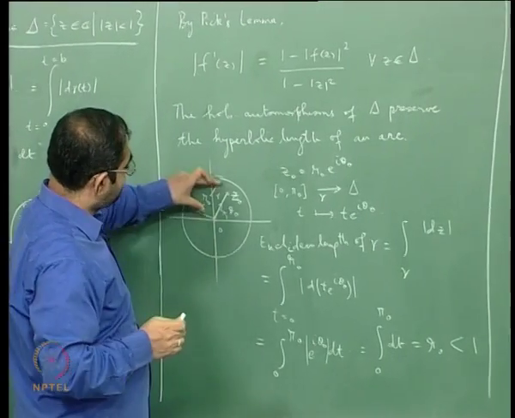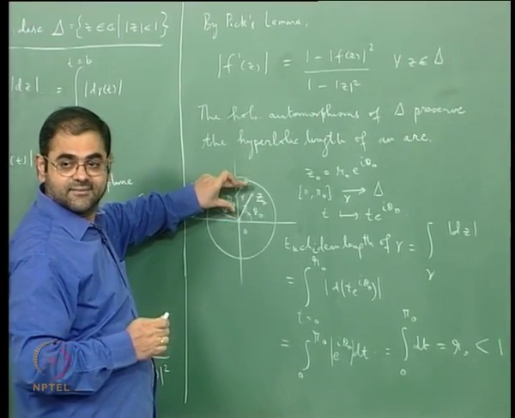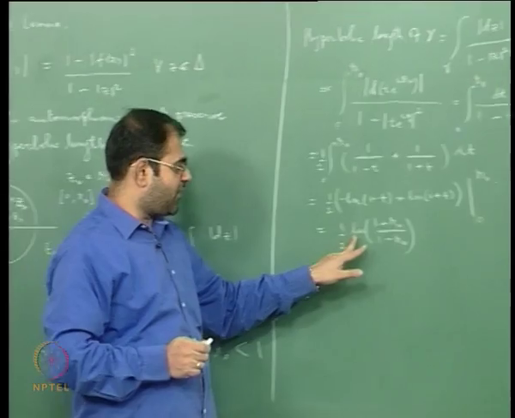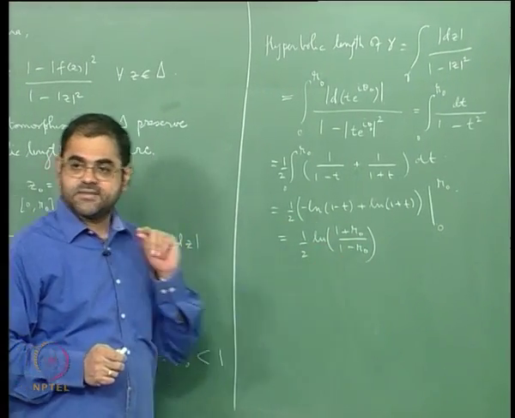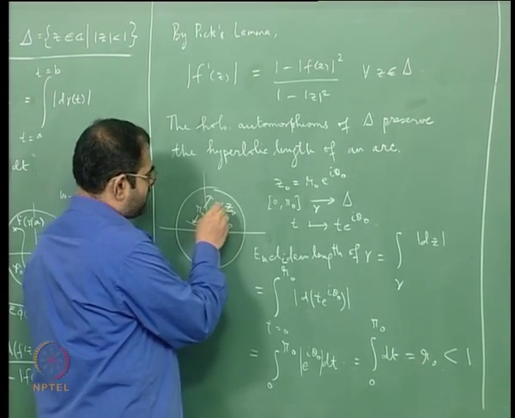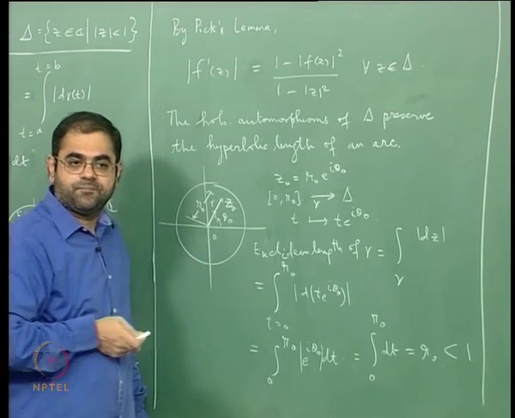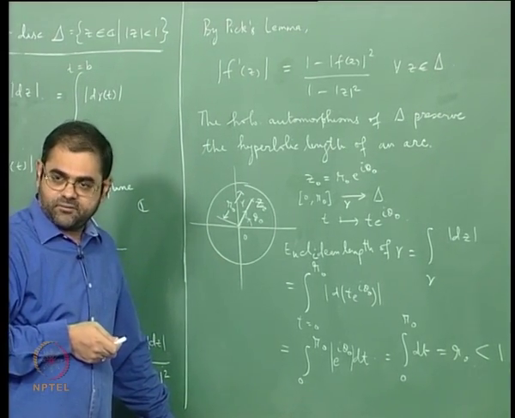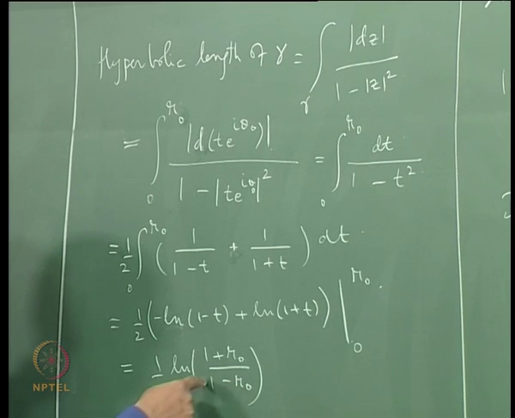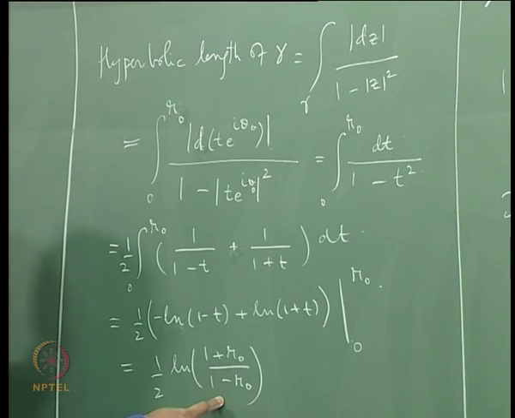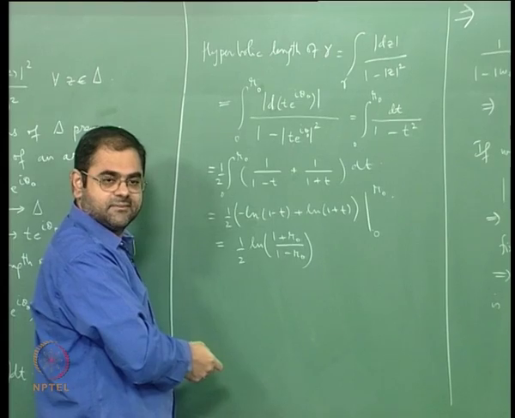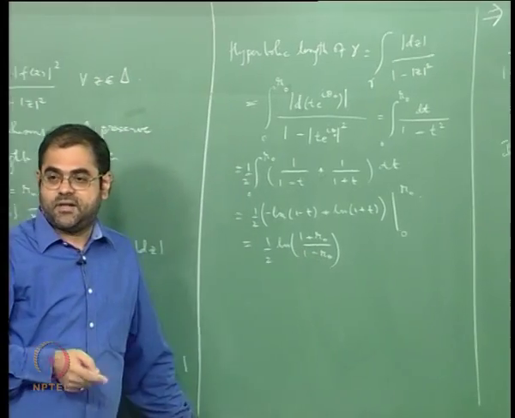The Euclidean length is r0, which is the modulus of z0, whereas the hyperbolic length is, you have a funny expression, half ln 1 plus r0 by 1 minus r0, and now you can see something. The Euclidean length is finite, it is bounded by 1, but if z0 gets close to the boundary of the unit disk, then r0 gets close to 1, and as r0 gets close to 1, this approaches infinity. I mean this denominator approaches 0, and therefore this quantity approaches infinity, because r0 is going to tend to 1 from the left.